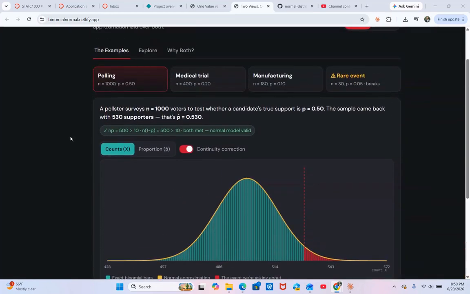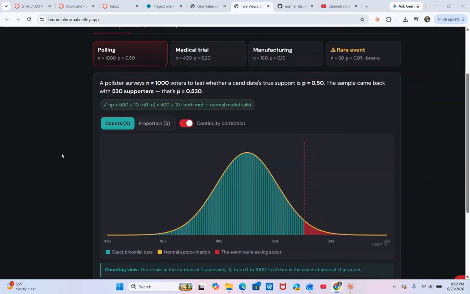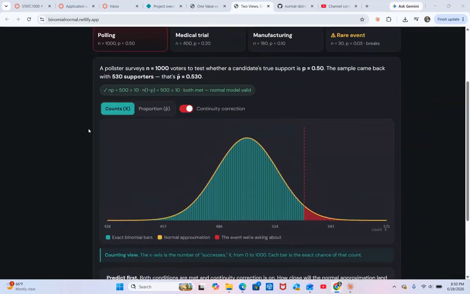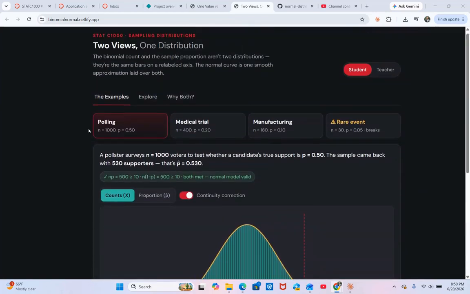And the question is, when can we use it? What conditions exist that we could use the normal distribution for sampling proportions in place of the binomial probability distribution? And remember, the formula for the binomial is very complex, and so that's why using the normal is sometimes more efficient, because the values are very close to each other, especially if the conditions are